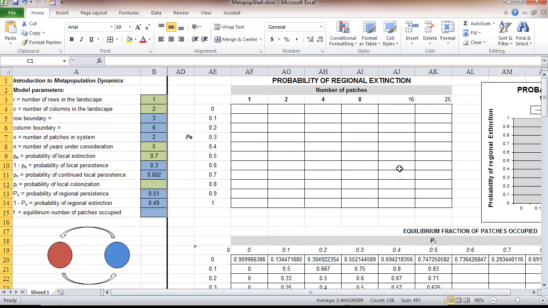This portion of the spreadsheet was set up so that you can explore how the number of patches in a system affects the probability of regional extinction. So we've calculated that down here, when the local probability of extinction, which we've entered here in cell B9, varies from 0 all the way to 1. And we're going to be able to graph this very quickly using a tool in Excel called a data